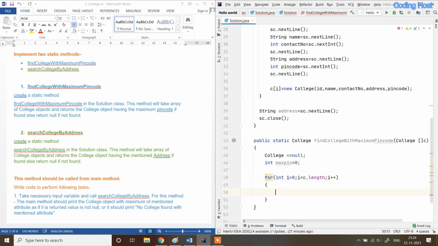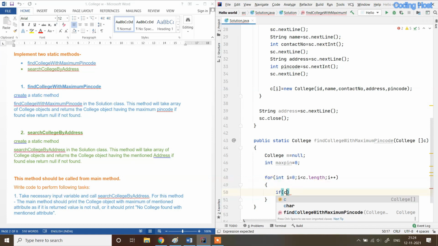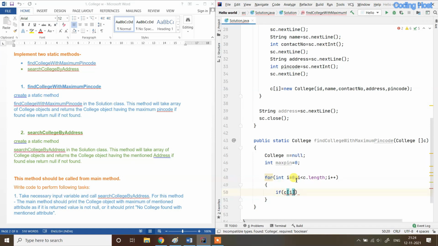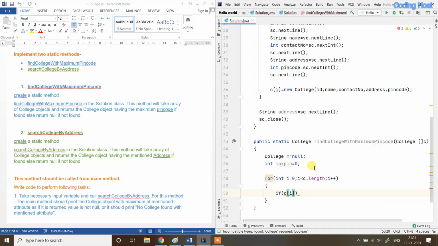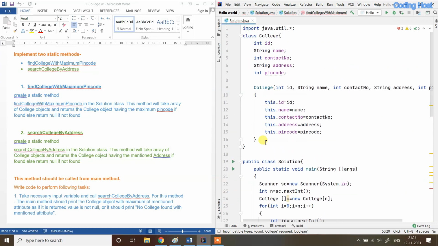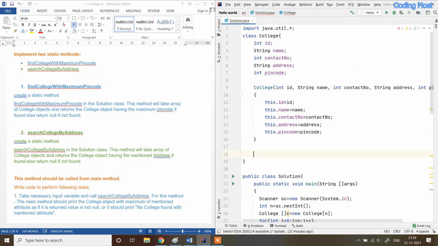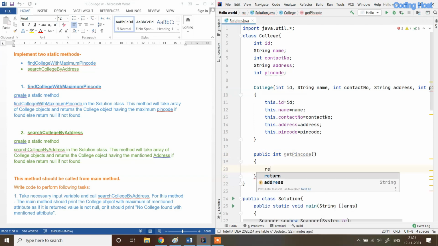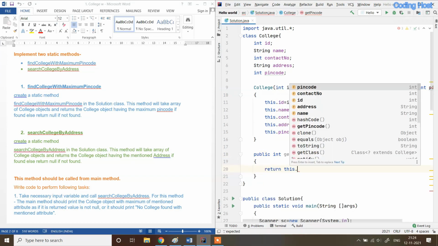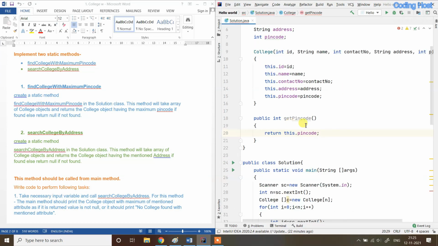Now inside this for loop I will write an if statement. If c[i].getPinCode(), so now we have to make a getter for getting the pin code from the object. In this College class I will make a getter, public int getPinCode, which returns this.pinCode.